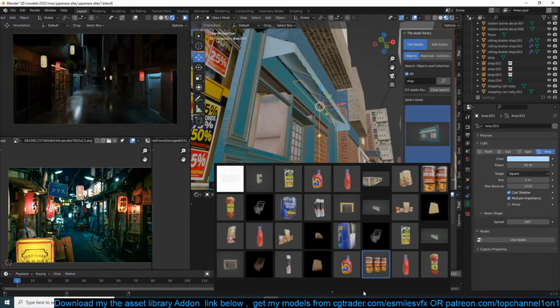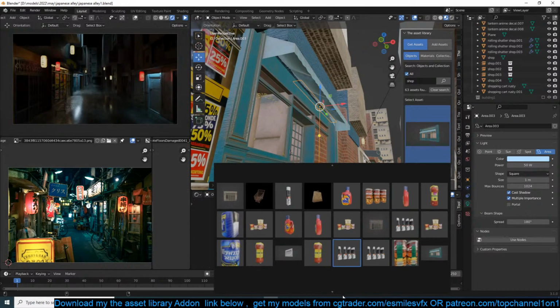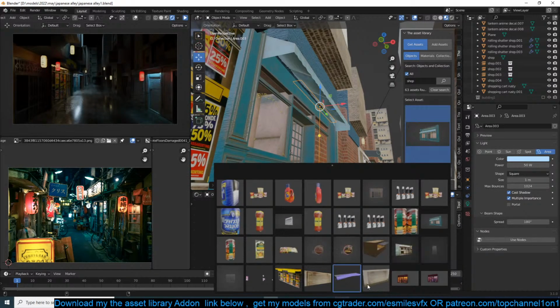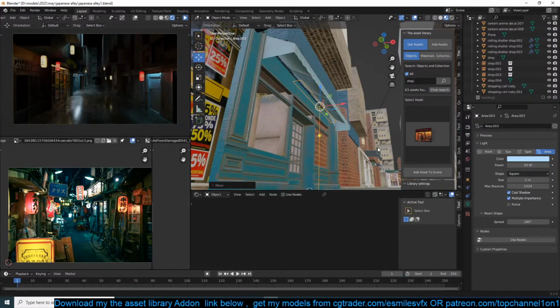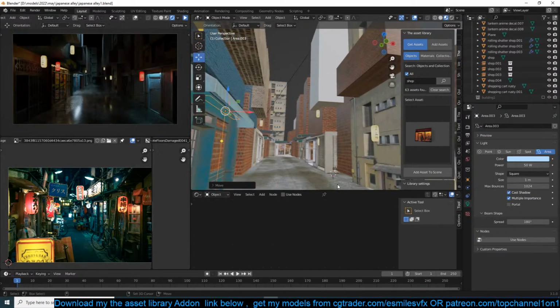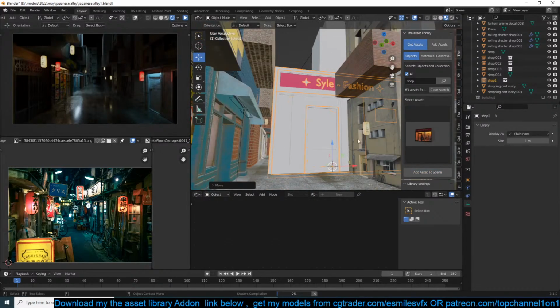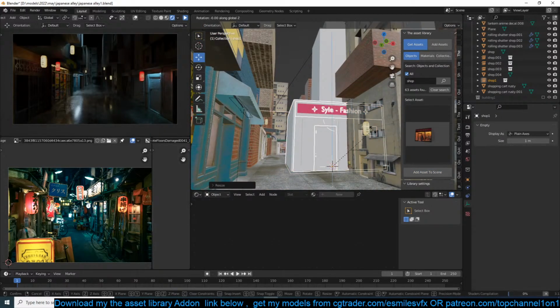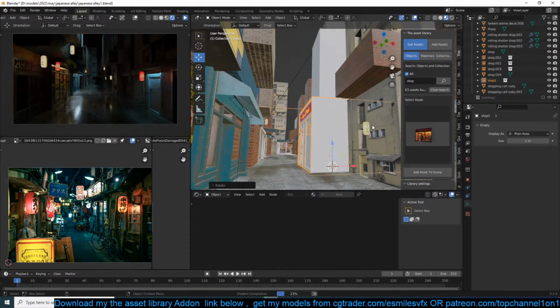Let's see if we have another building. Yeah, I have these shops that have even the interiors already made. We can use those as well.